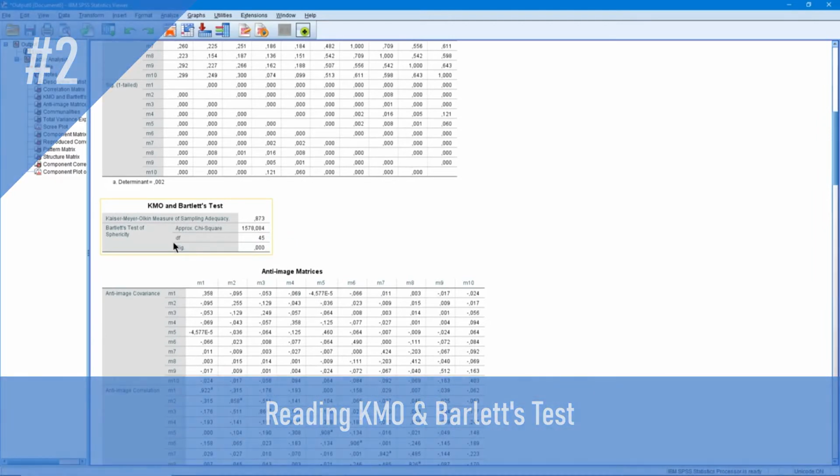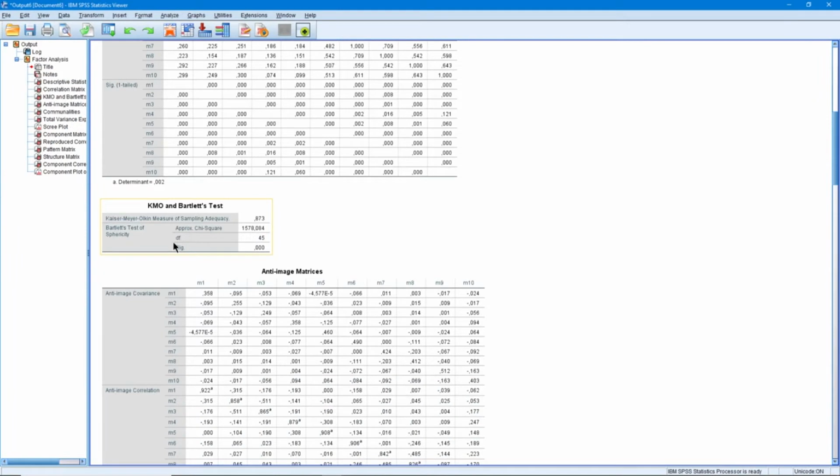I mentioned that we will go through 4 stages before we move on to the factor analysis results. Now we have come to the second stage. In the second stage, we need to read the table that says KMO and Bartlett's test. KMO here stands for Kaiser-Meyer-Olkin. Here is the abbreviation for it. The KMO value is a value that indicates whether the sample is sufficient. In other words, there is a value here that answers the question of whether the amount of data in our sample is sufficient to perform factor analysis.